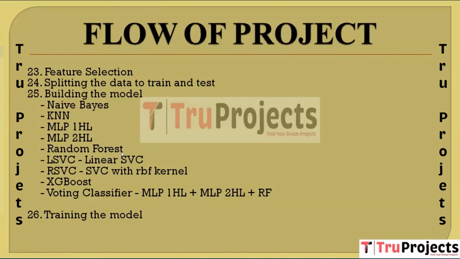Random forest, an ensemble learning method that combines decision trees. LSVC, linear SVC, a linear support vector classifier. RSVC, SVC with RBF kernel, a support vector classifier with a radial basis function kernel. XGBoost, a gradient boosting algorithm. Voting classifier MLP1HL plus MLP2HL plus RF, a classifier that combines the predictions of multiple models using a voting